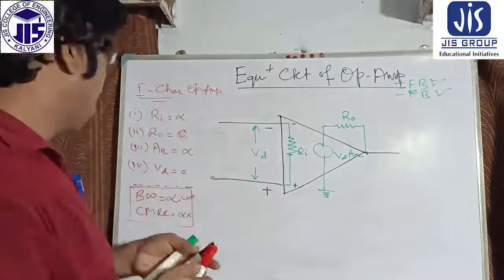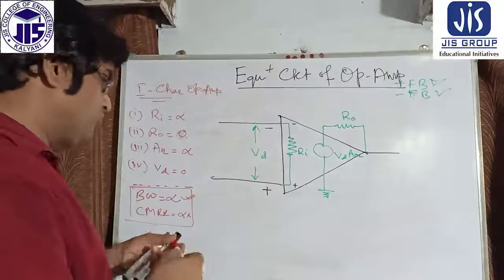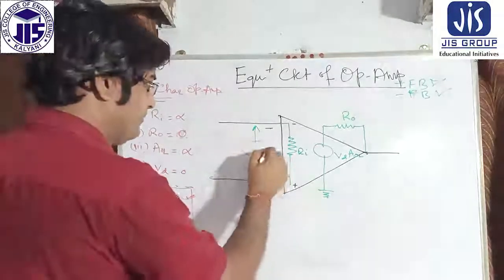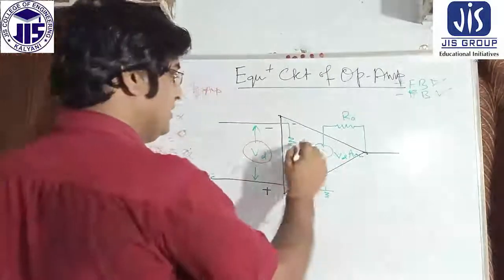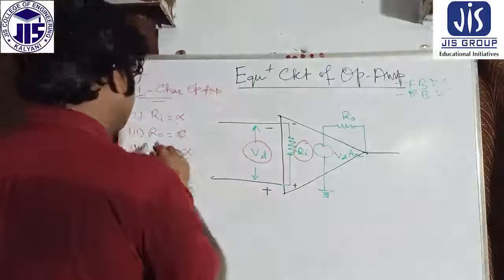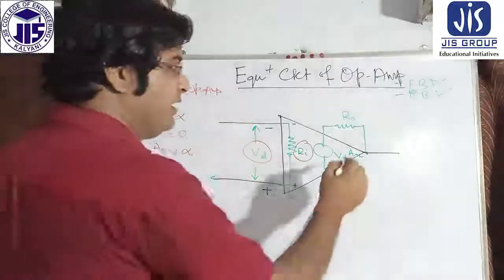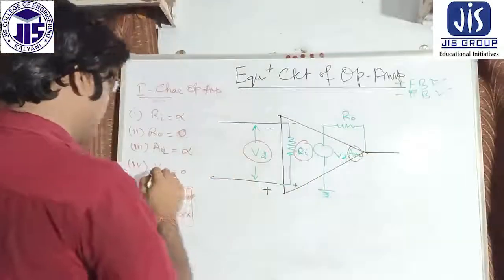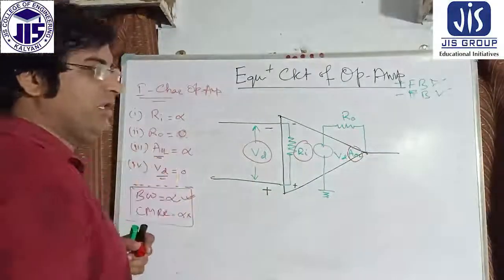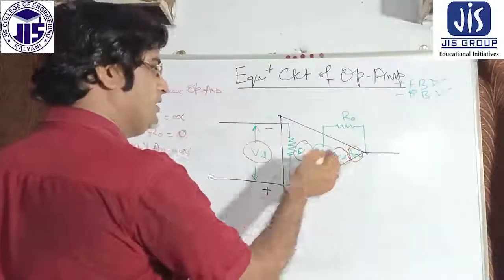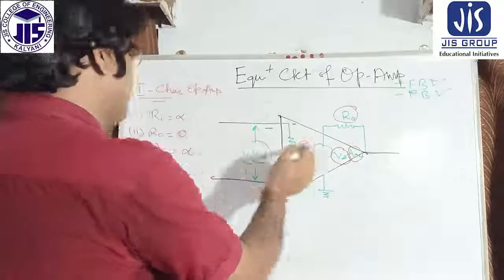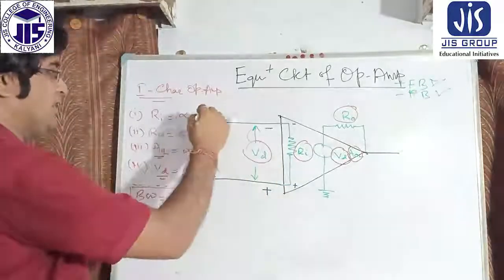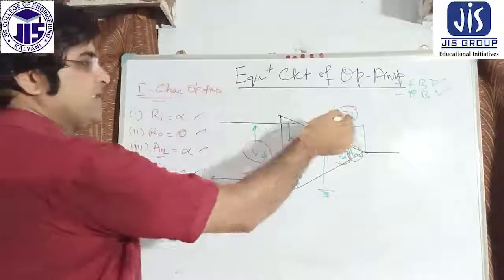You see all the components are present here. You see this is the Vd. Okay, what is Vd? I am coming. This is Ri, the input impedance. Okay, this is the AOL. There is also Vd represented in here, and there is the R naught. So all the components are presented here.